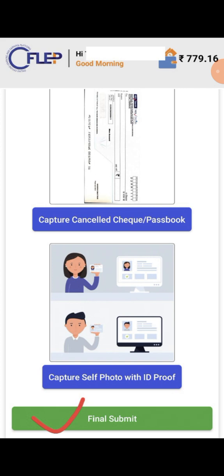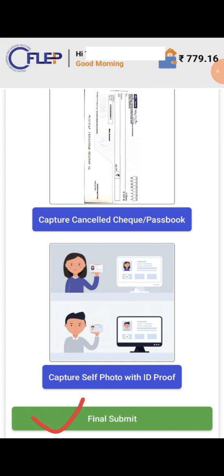Once you do this, friend, you have to wait here 1 minute, 2 minutes, 3 minutes, 4 minutes, not more than that. If your network is good, within 10 to 30 seconds it will be clear. Until it goes to your home page, you have to wait. You have to wait, friend.